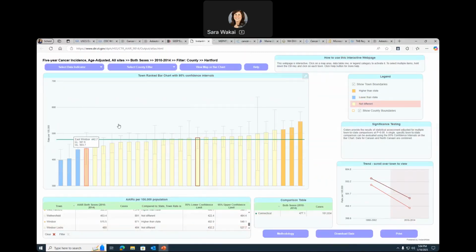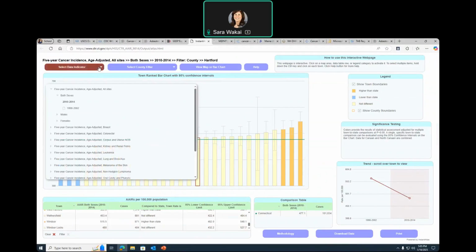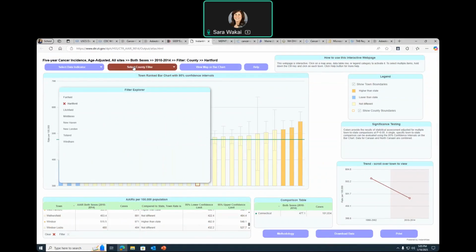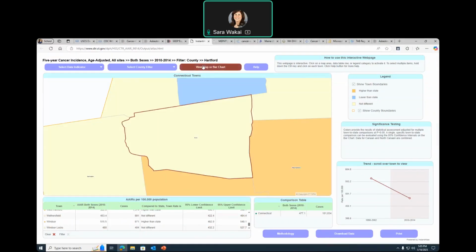Okay, so this is Connecticut's website, and you can look at this information by graphs or by maps. There's county filters,